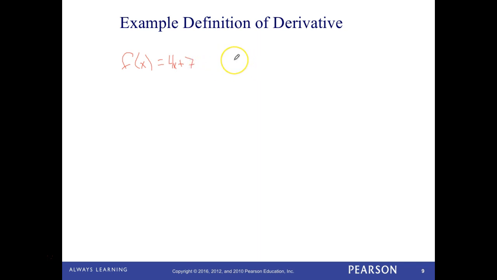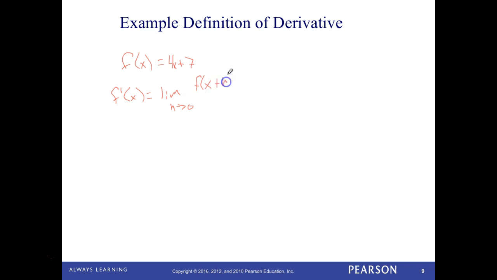We'll start with something easy. So to find the derivative of this, to find f prime of x, that's going to be the limit as h approaches 0 of